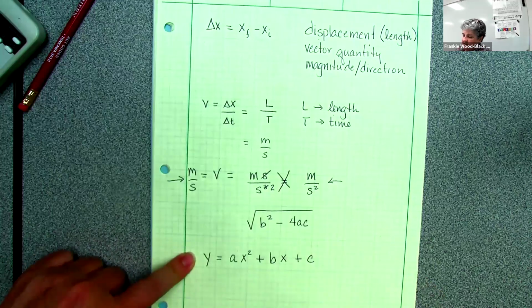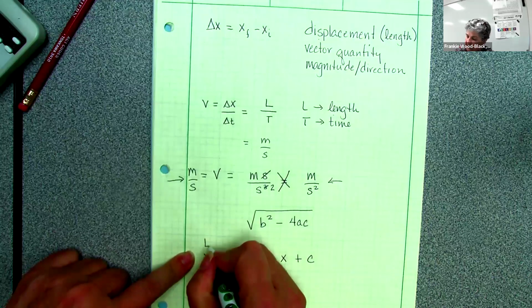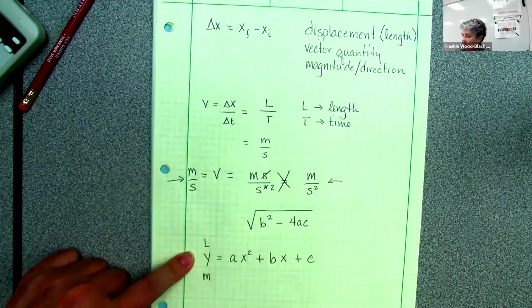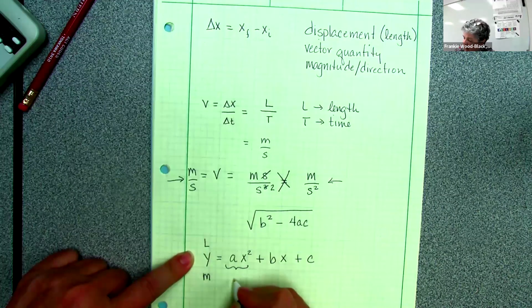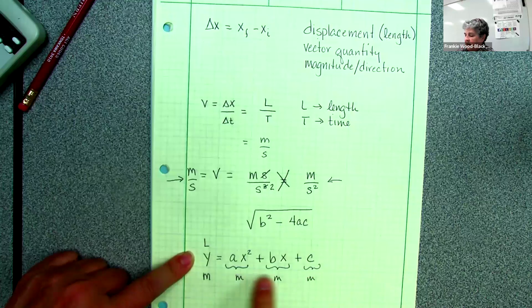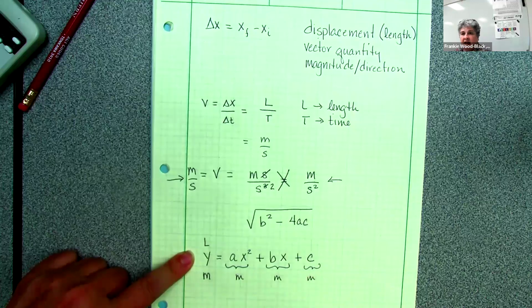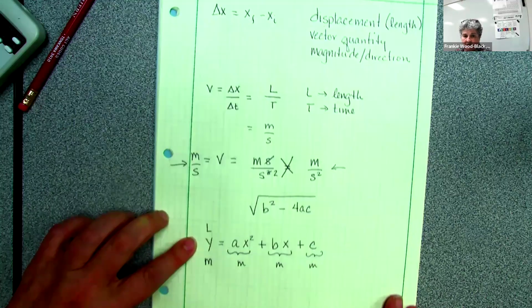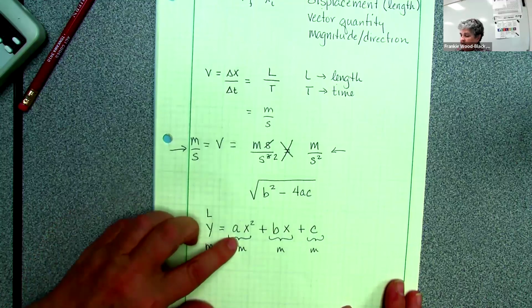And if this is a position or length or meters, each one of these has to be in meters. Otherwise, I can't add these three things together. I can't add apples and oranges. So if that's got to be in meters,